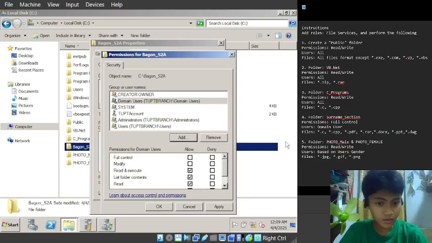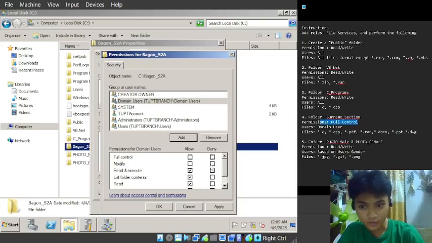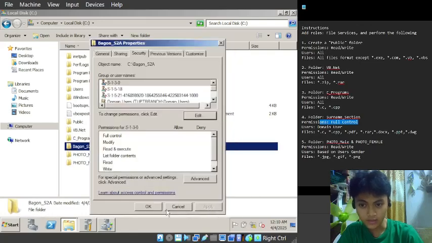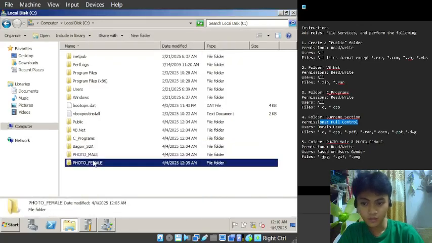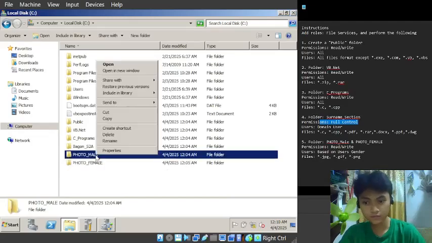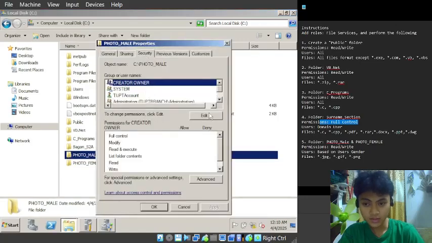The permissions is full control, so allow everything. Now apply and then okay. So for the photo male, I'm gonna create properties, security,